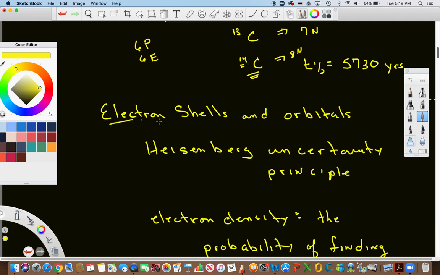So the electrons, where we're going to be interested in organic chemistry, because you're going to hear me say electron rich or electron poor. So we need to know about the electrons. There was the Heisenberg uncertainty principle, which says basically you cannot determine the position and the velocity of the electron at the same time. Position and momentum. We'll just go velocity. If you know one, you cannot know the other.